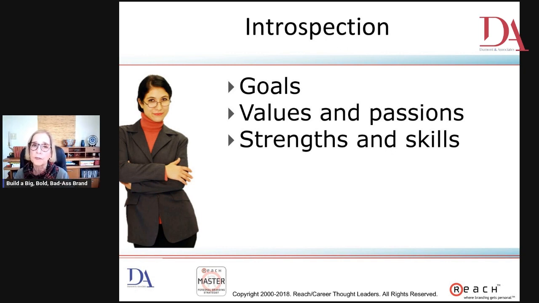You also want to be clear on your values and passions. When I say values, I'm not talking about situational values. When our children are babies, if somebody asks us what we value, we might say a good night's sleep, right? That's huge. But as we get older, well, we might say that as we get older too. But the values that I'm talking about are our core values.